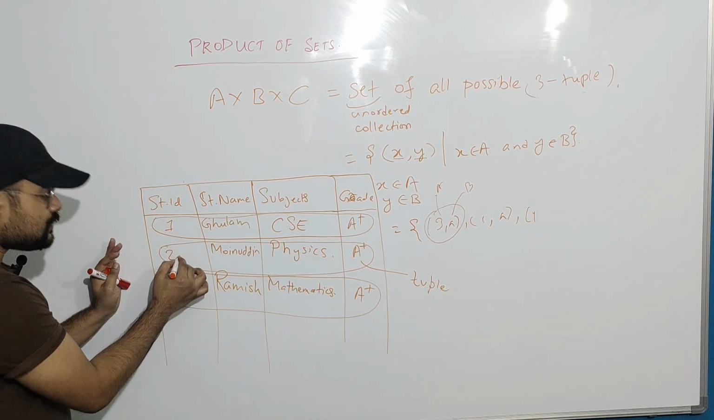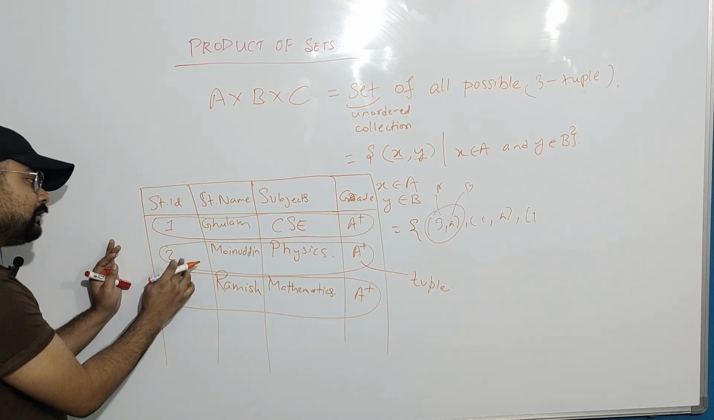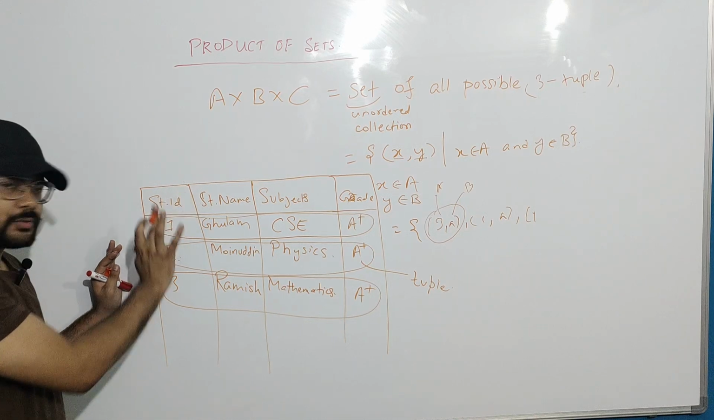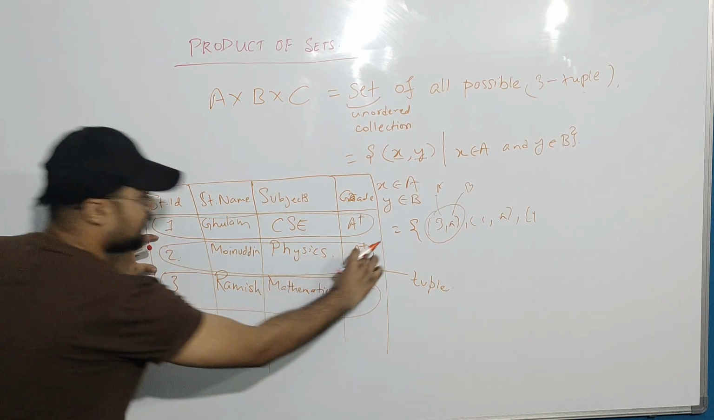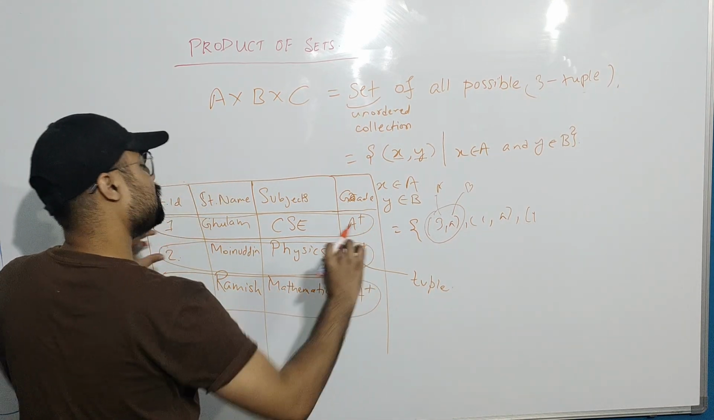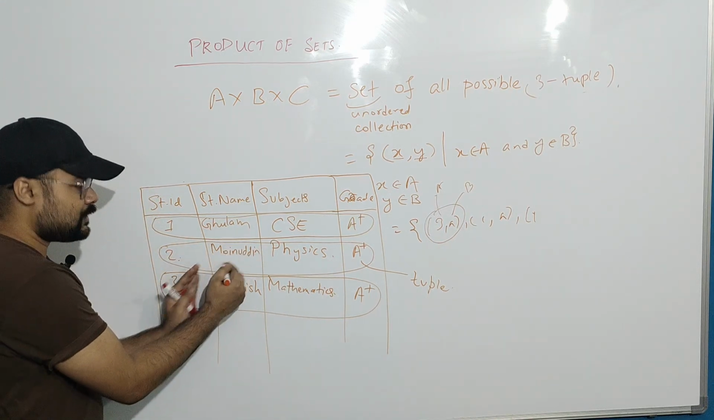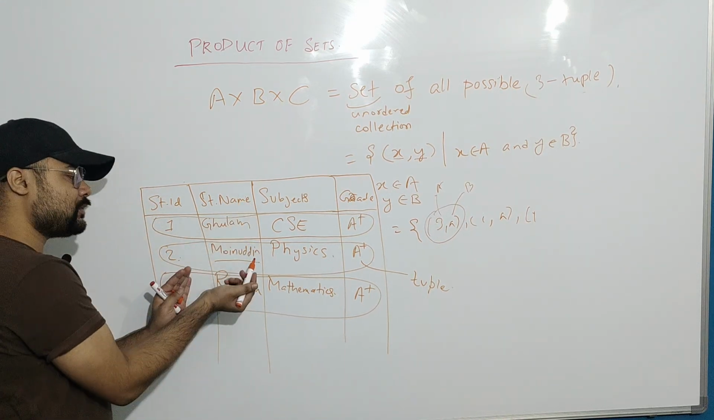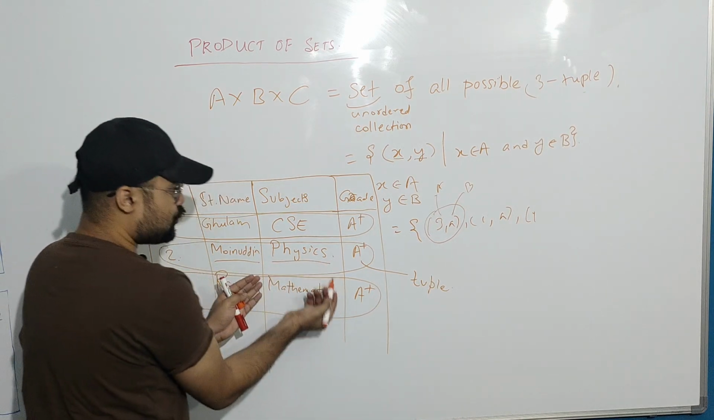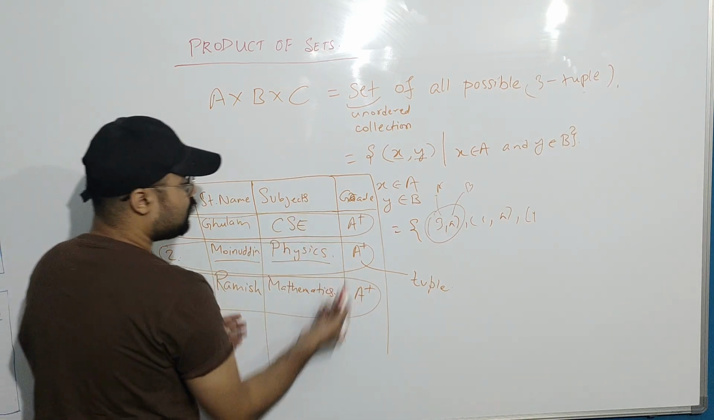Meaning the first element of this tuple is a number that indicates student ID. If you just take the tuple out, the first element has to be a number. The second element is a string, which is the name of the student. The third element is a string, which is the student's subject. The fourth element is a